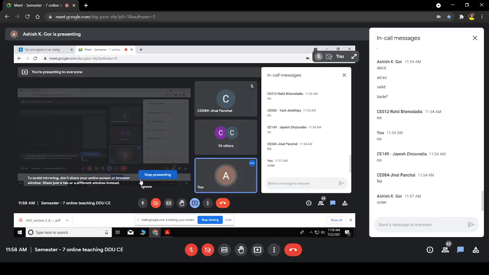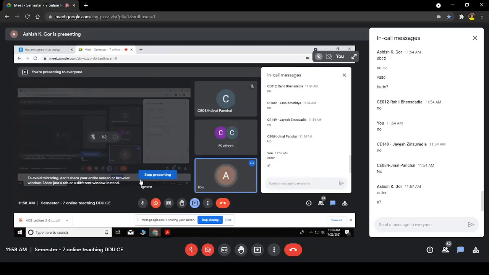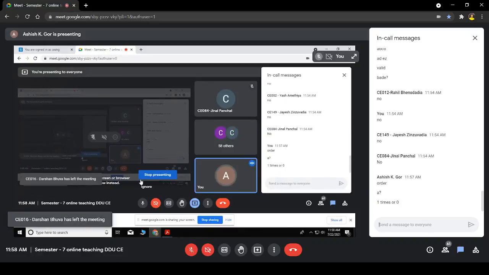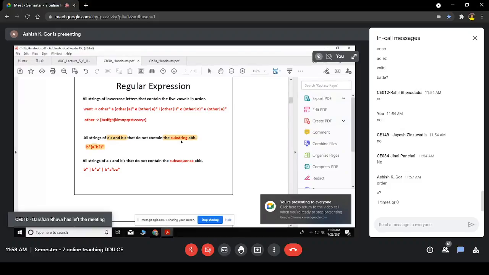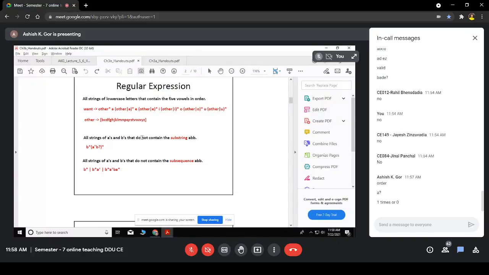Okay, question mark means what? A question mark means either 1 time or 0 times. So this does not contain the substring ABB. You can see it can create null: from B star you can take null, from this star you can take null. Can it create just a single A? Yes, it can create A. From A plus you can just take A one time, and from B question mark you can take null, because B 0 times means null. Same way, AB: can you create AB? Yes, from this I can create AB.